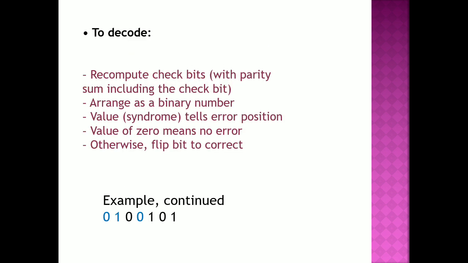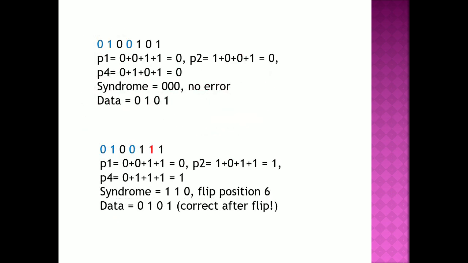And to decode, we recompute the check bits and arrange them as a binary number. Then the value tells the error position, and if the value 0 comes, it means no error, otherwise we have to flip the bit to correct. So for example, we have continued 0, 1 and 0, which is in blue color. Then we get P1 equal to 0, P2 equal to 0 and P4 equal to 0. Then we have syndrome equal to 0, 0, 0, that is no error, and data equal to 0, 1, 0, 1. Now when we swap the value of 0 to 1 in red color, then we get